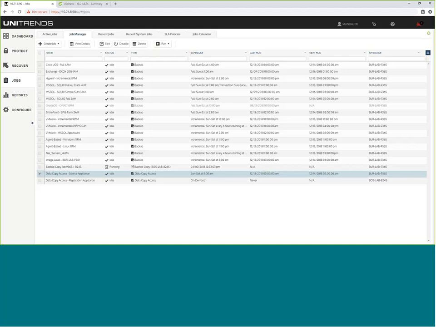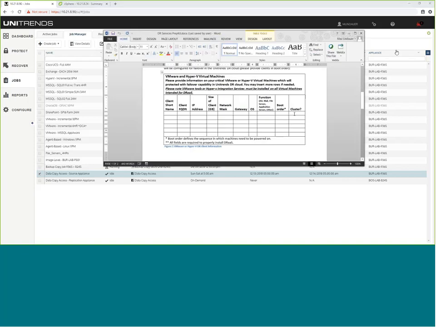Now, with Unitrends, we have our own cloud. And within the cloud, we offer DR as a service. So if you're replicating data to our cloud, you can opt for an SLA guaranteed white glove recovery service. You call us and we ensure that your environment is up in our cloud guaranteed within 1 hour or 24 hours. And we do the same thing that you're doing locally with data copy access in our clouds.